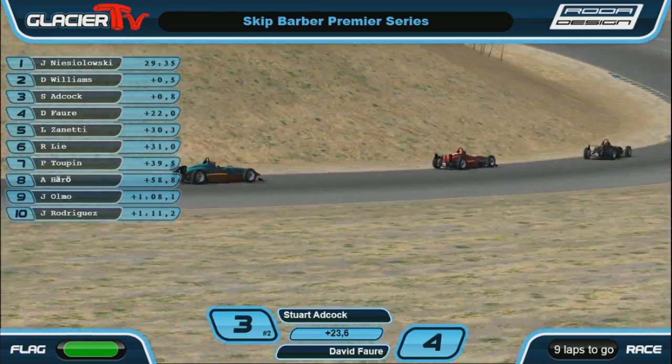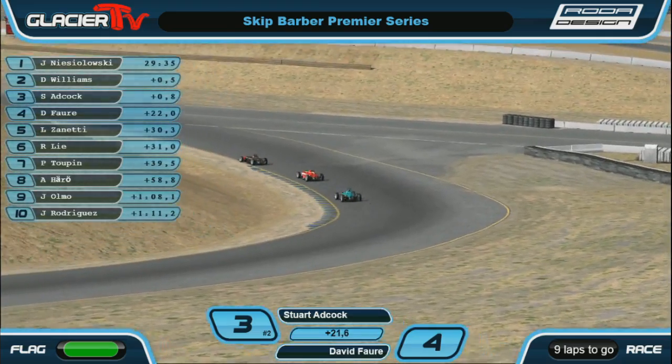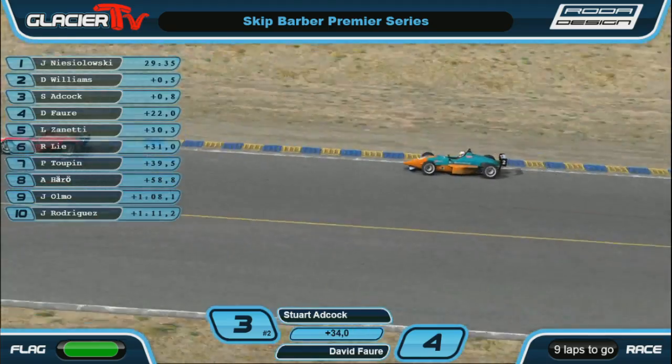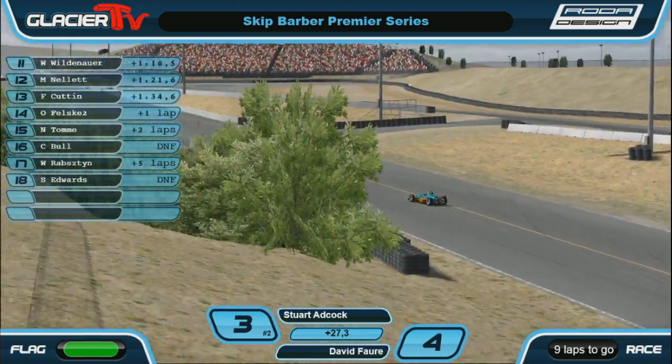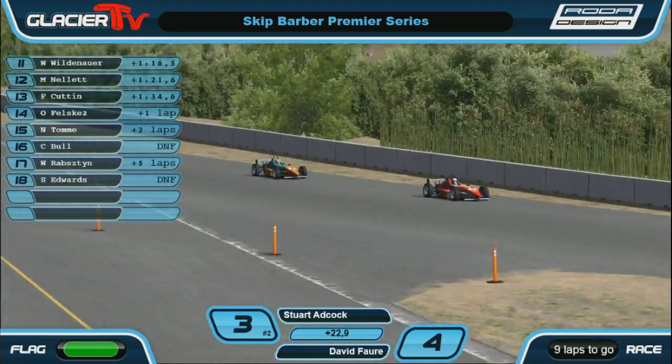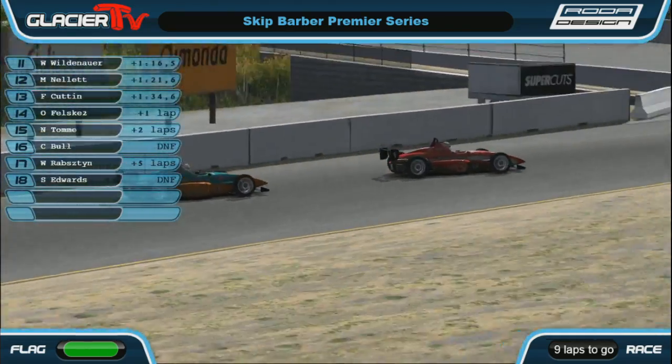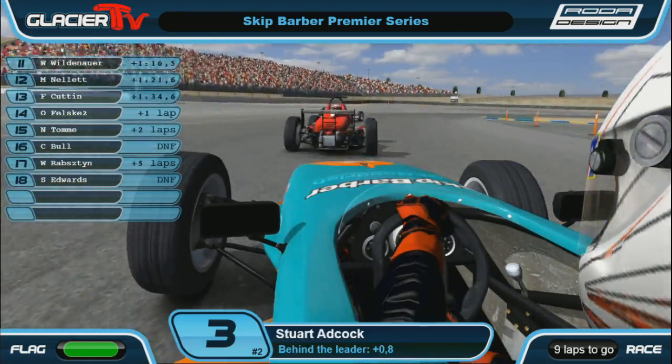David Williams across the line last time by, less than half a second behind. Rushua Adcock only a further 2/10 of a second behind in third. David Furrow is in fourth position, and Luca Zanetti now up into the top 5. And we have got ourselves less than 8 laps to go here at Infineon Raceway, and these top 3 have